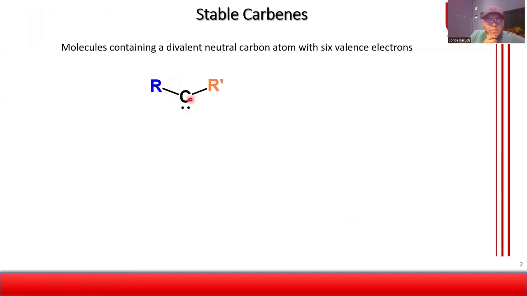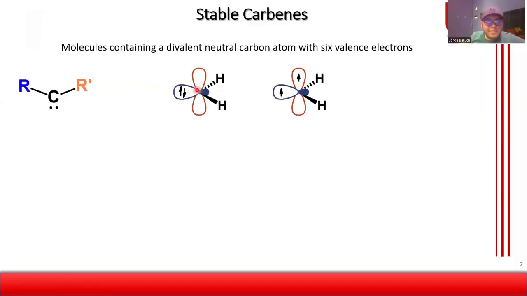So in basic chemistry, we define a stable molecule as a molecule that contains at least 8 electrons surrounding each atom on the molecule. Because the carbenes only have 6 electrons, these molecules are considered as highly unstable. So there are two different types of stable carbenes, which depends on the location of the electron pairs. The first one is defined as singlet carbene, in which the two electrons are located into the very same p